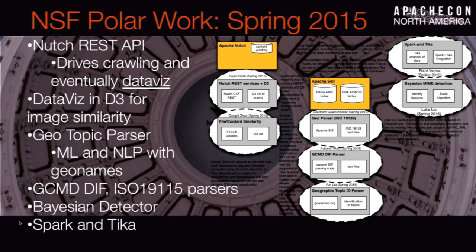This past semester, my students have been working on the REST API. If you download Nutch, it has a REST API now in 1.x trunk, and that was basically built by my students to enable some of these data visualizations and things like that. We built geotopic parsers, the NLP way of geotagging things, that came out of the work from my students. There is also support for geospatial data, ISO 19115 files, GCMD DIFs, and Directory Interchange Formats. Someone actually implemented the Bayesian algorithm that someone came up with last semester, and it's now in 2 pull requests in Tika. We've been combining Spark and Tika to run content detection and analysis at scale, like an ImageCat thing, but using Spark.